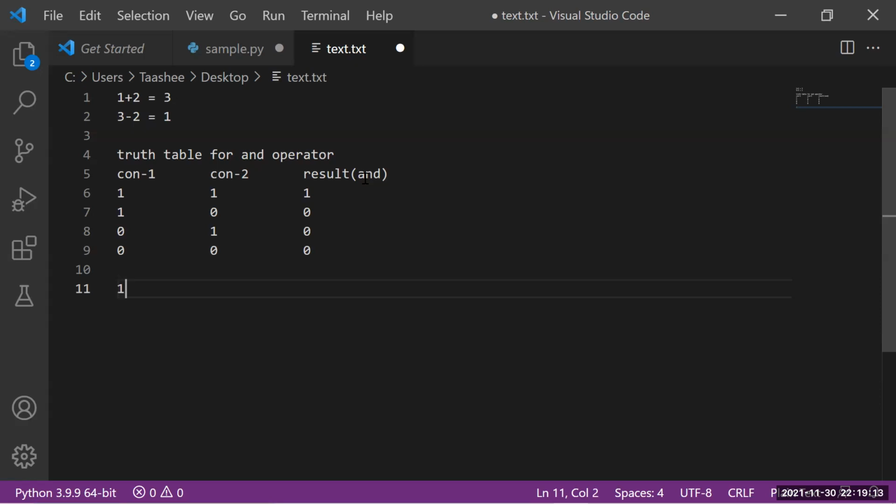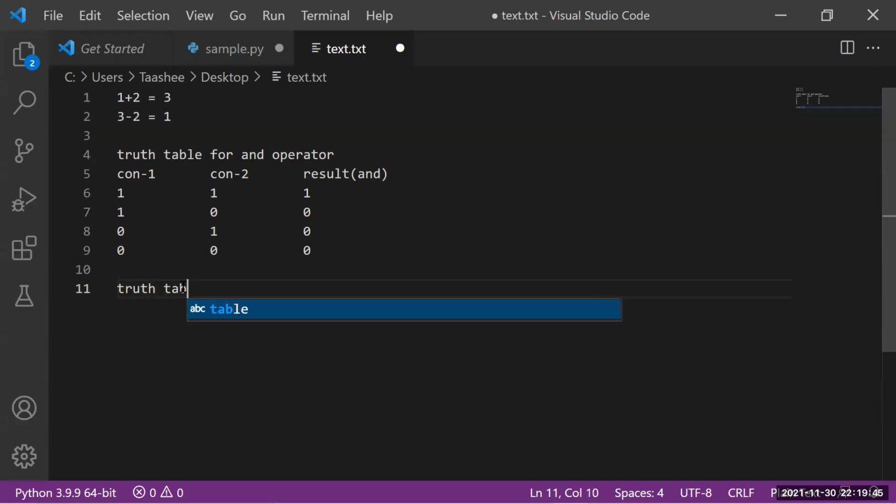Let's say 1 double equals 2. If I say negation here, then it will return not equal to. Let's say it is true now. 2 double equals 2, right? If I say 2 not equal to 2, then even if it was true, it will fail. That means it is going to return false in this case. So let's write the truth value for this, we'll get a clear idea.